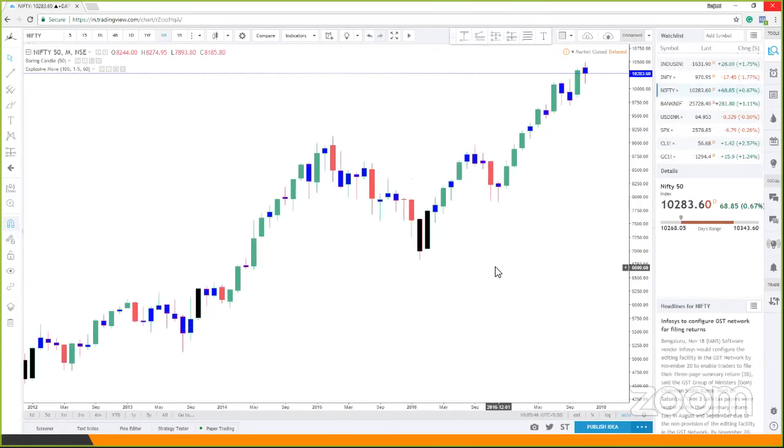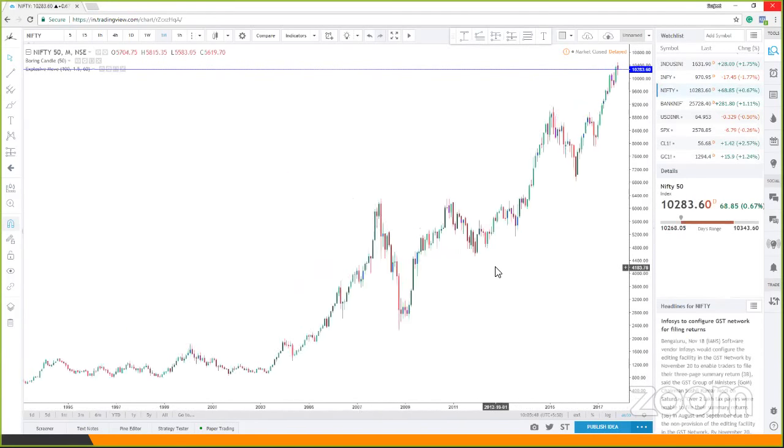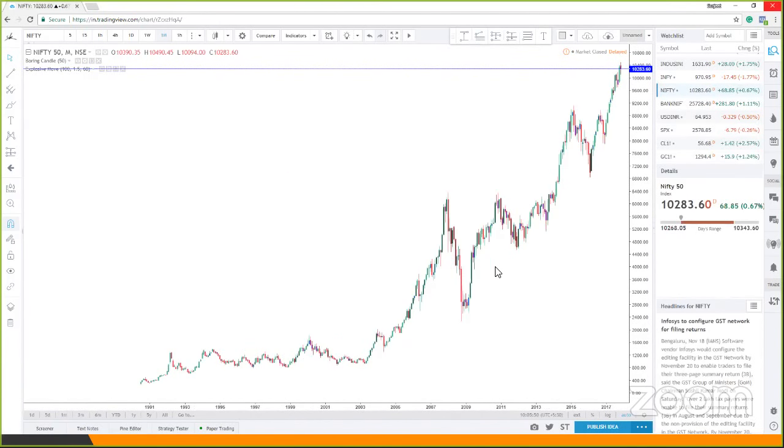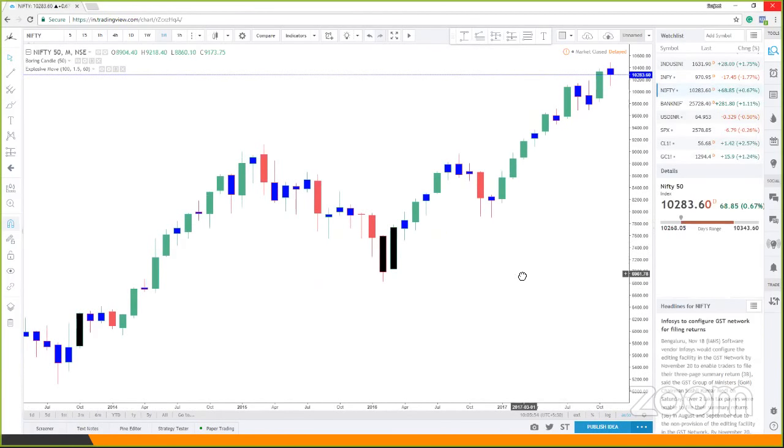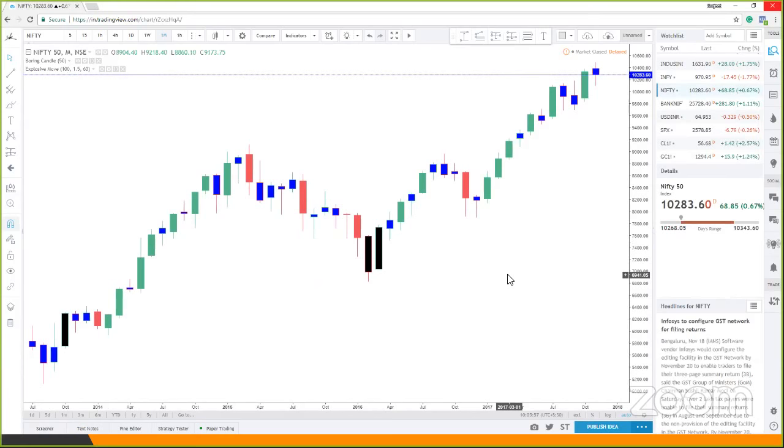So the first thing you see is that Nifty is making all-time highs, right? Nifty has been moving up very strongly. Whenever a script or any instrument is making all-time highs, we will be able to identify demand areas on it, but we will not be able to identify supply. Reason being, it's making all-time highs. We don't have historic data, and because of which we can't identify areas of supply, right?